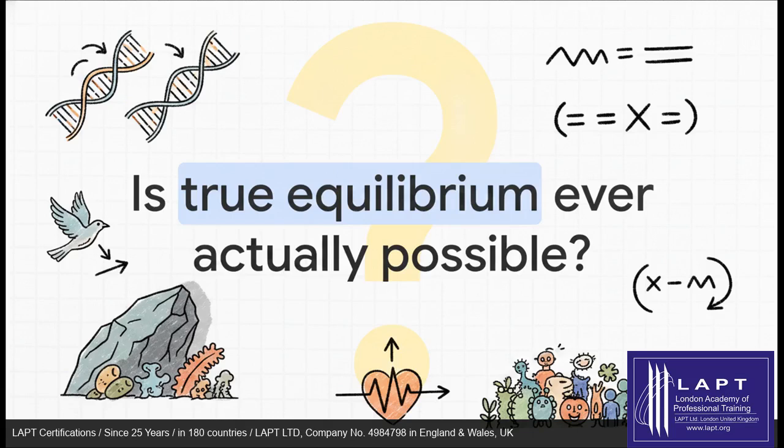The reality is, evolution is the constant heartbeat of life on Earth. The equation almost never equals exactly one in nature over long periods of time, and honestly, that's exactly the point. It gives us the precise contrast we need to see evolution in motion. So I'll leave you with this to think about. If true equilibrium is just a theoretical baseline, are we, and literally every other species on this planet, currently